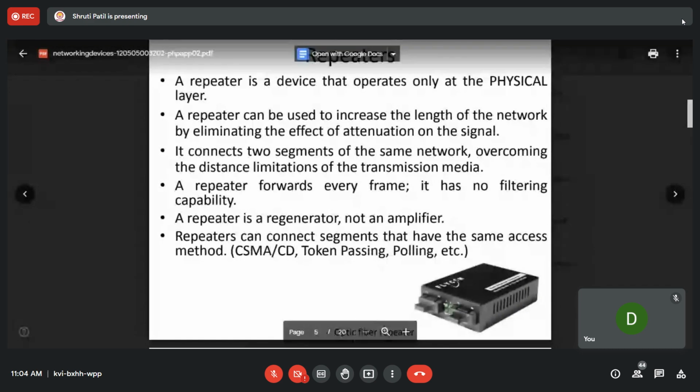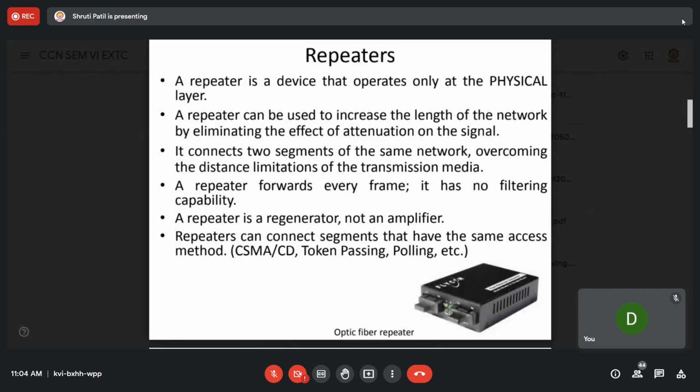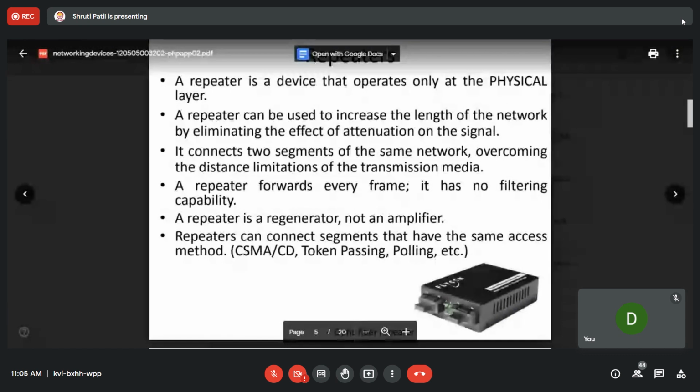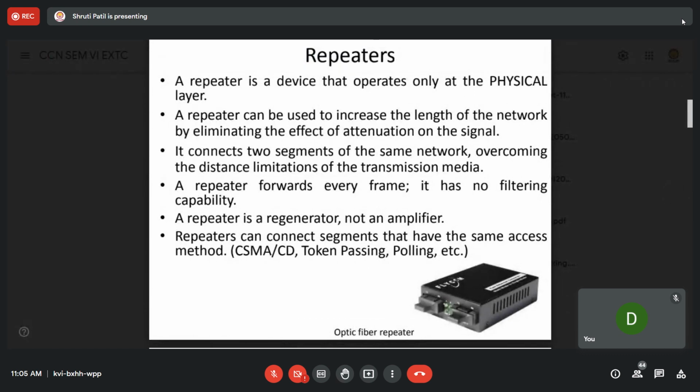अगर आपको like you want to increase the length of the network, मतलब आपको बहुत लंबा जाना है तो network wires के बीच में आपको repeater लगाना जरूरी है, so that whatever data you are transmitting, आप attenuation of the signal का जो इफेक्ट है, जो नॉइज है, वो आप रिमूव करके आपको उसको एम्पलीफाई करना पड़ता है सिग्नल को. Okay, so repeater can be used to increase the length of the network by eliminating the effect of attenuation on